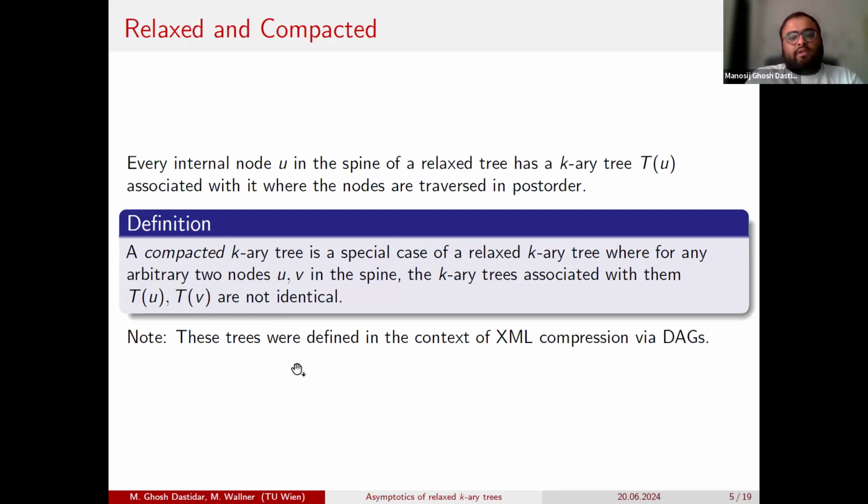A compacted tree is nothing but a relaxed k-ary tree where, for any two arbitrary nodes U and V in the spine, the k-ary trees associated with them cannot be identical. In other words, common subtrees in a compacted tree are shared so that they are represented only once. These trees have been defined in the context of XML compression via tags.